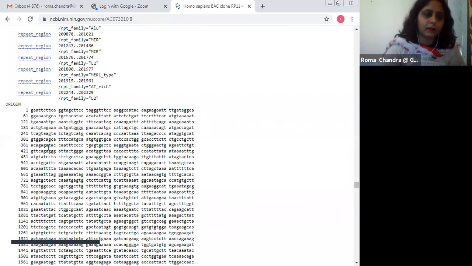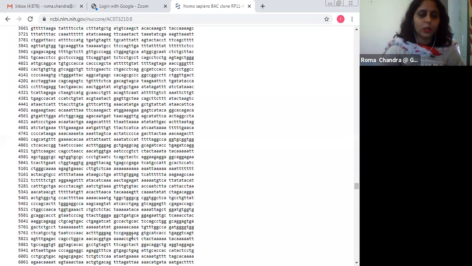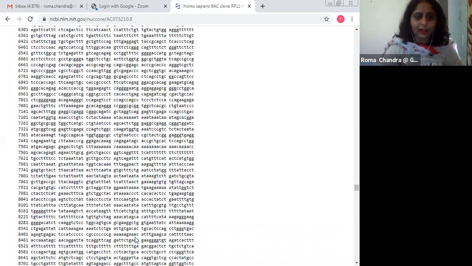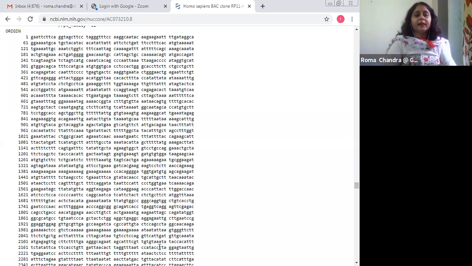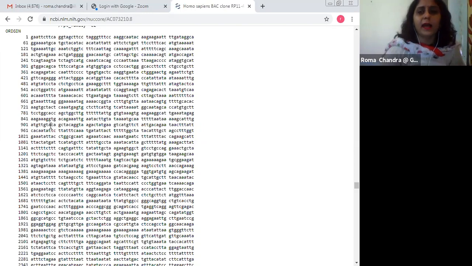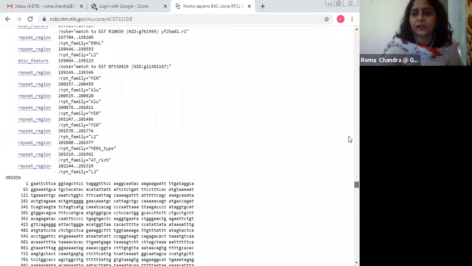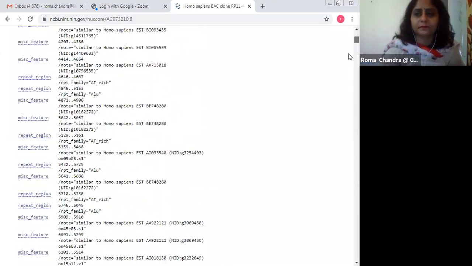Dealing with this long sequence and deleting these numbers will be very difficult for me. Secondly, the submission in NCBI or the GenBank database won't be recognized by the tool. So I need to have another format, and this is my FASTA file format.